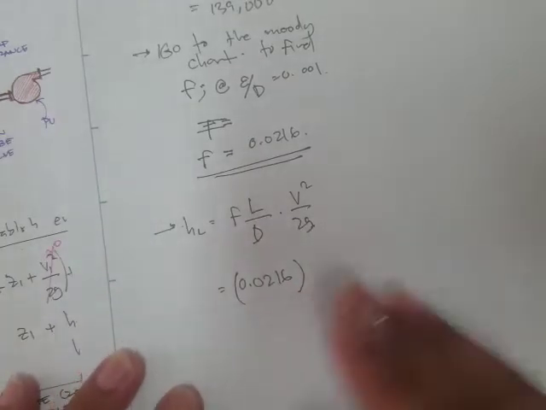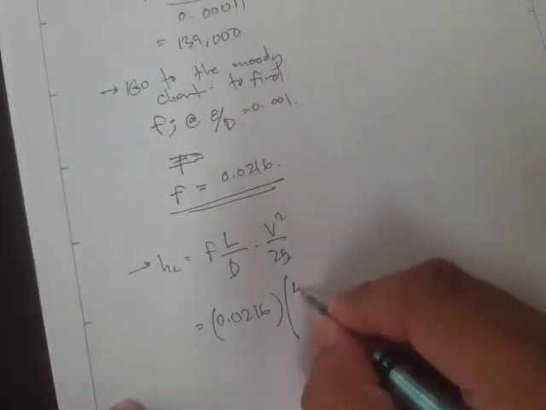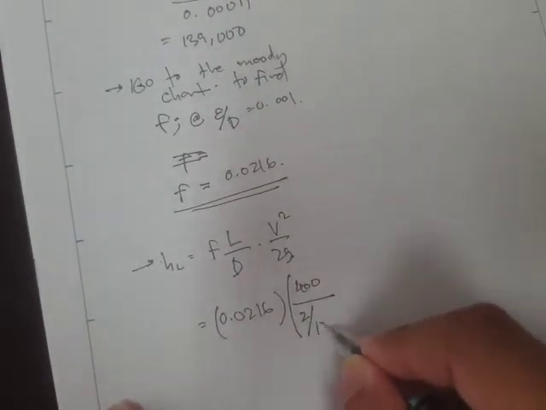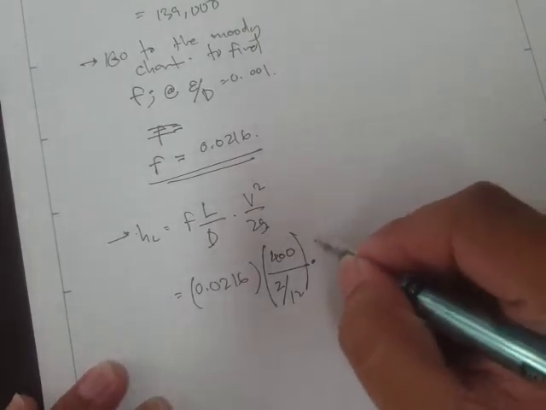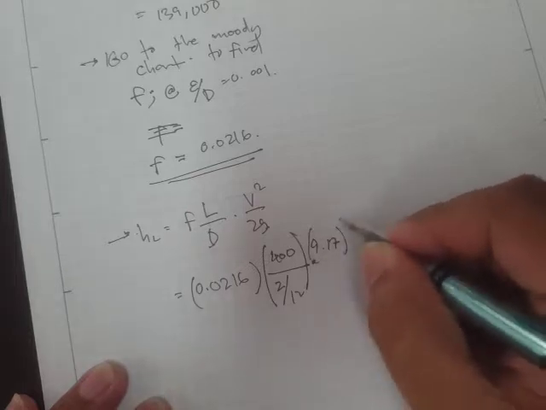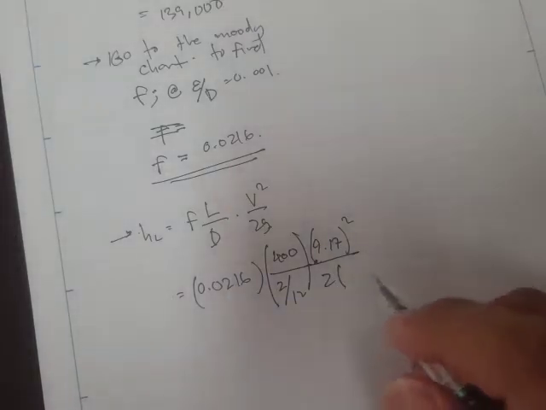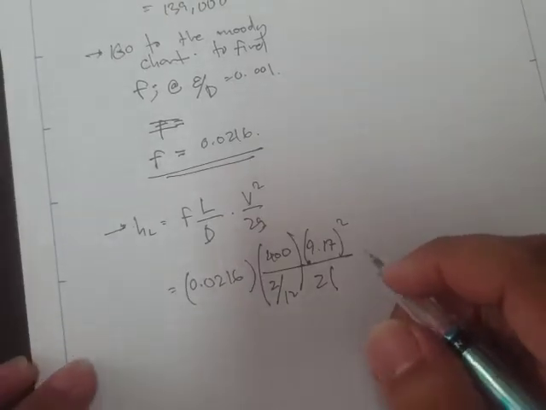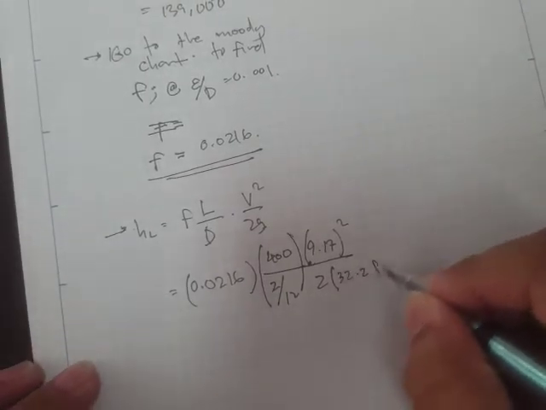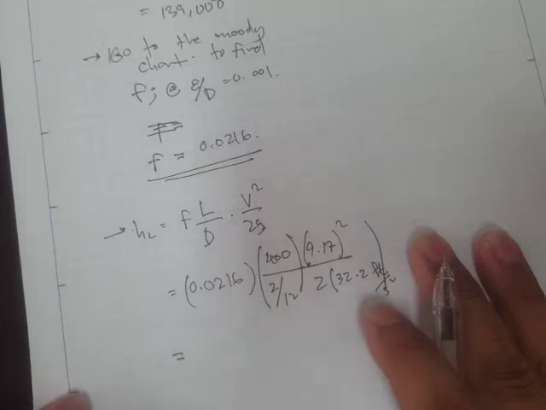0.0216 times the total length. The total length is 400 feet. That's 400 divided by 2 inches divided by 12 to convert that into feet, times the velocity, which is 9.17 squared all over 2 times G. However, since we are solving using the English units, then this one should be 32.2 feet per second squared. Okay, and if we do the computation regarding this, what we get is,